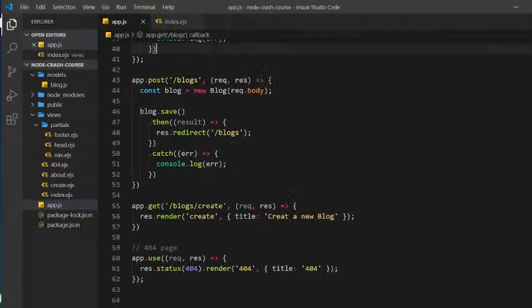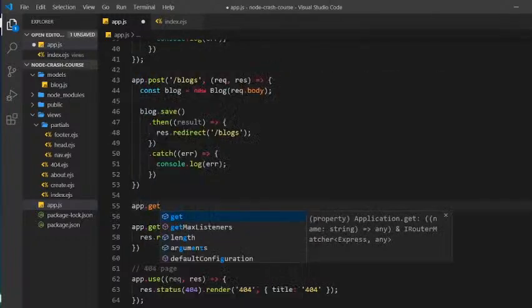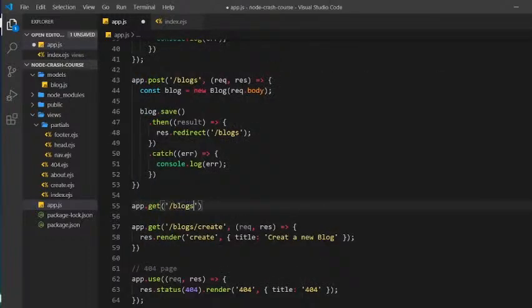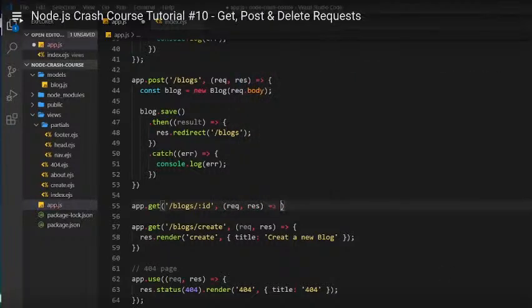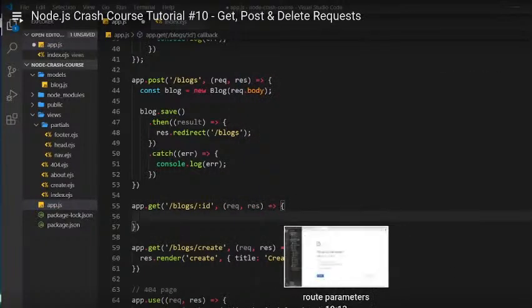So over here, underneath the post request, we'll do this. So down here, I'm going to say app.get, and it's going to be for /blogs/ and then to denote a route parameter, we use : and id. If we just said, for example, id, then it's going to look for /id literally, not an actual ID. So there needs to be a colon in front of whatever you want to call the route parameter, all right? So then, now we have that, we need a callback function. We're taking the request and the response object, as always, and inside this function, I want to try and find a